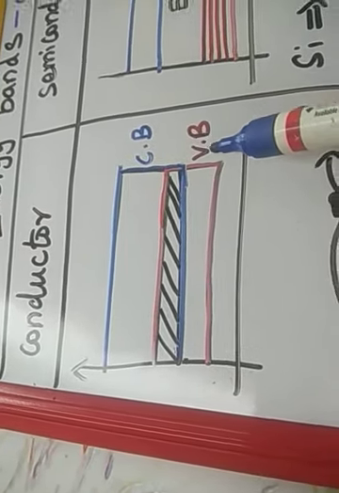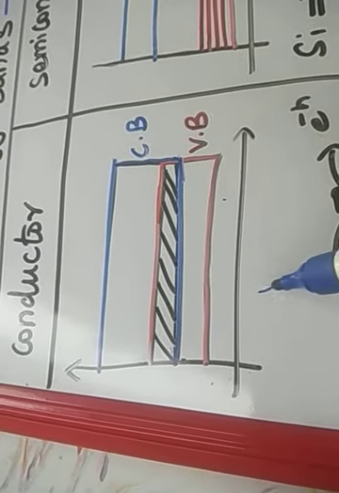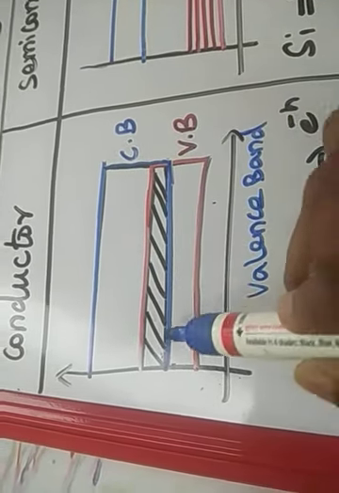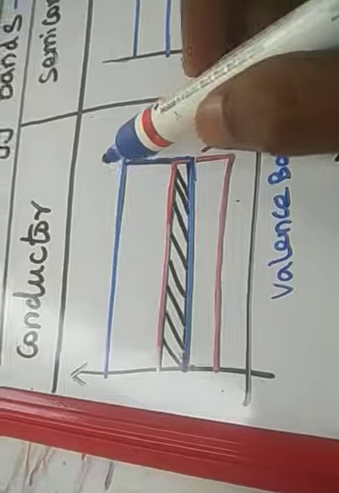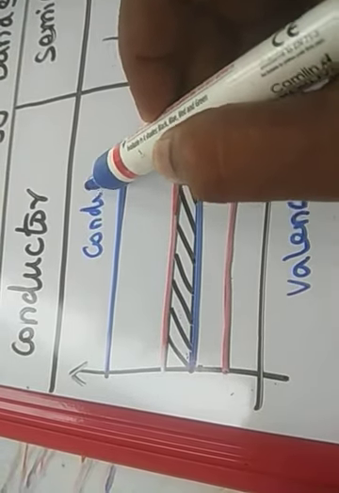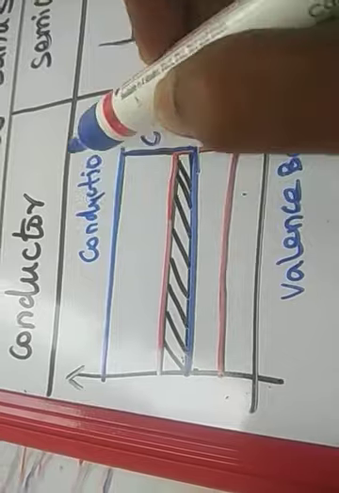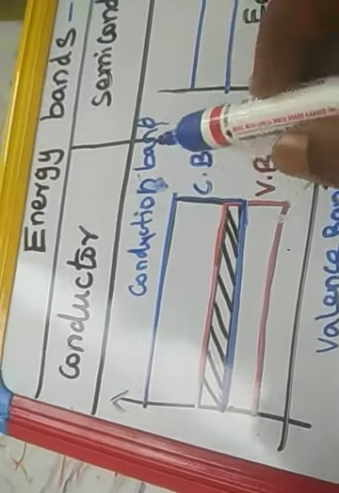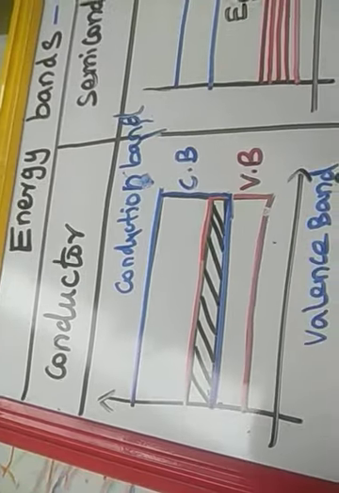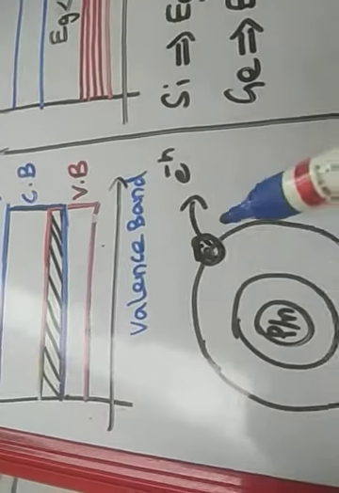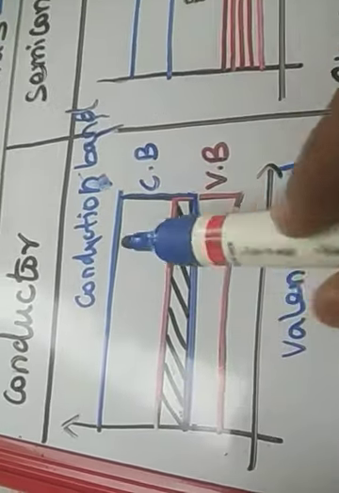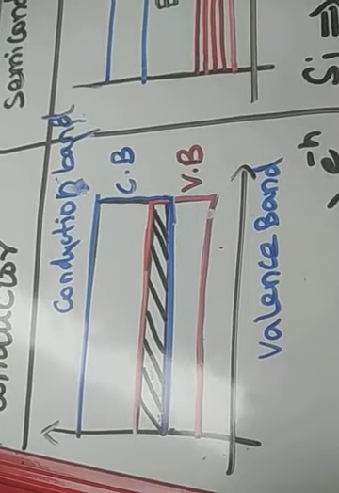So this is a valence band. VB means valence band. So the valence electrons are occupied in valence band. CB means conduction band. So it is a conduction band. That is a short form, we write it as CB. So the valence band means the valence electrons will occupy in valence band. The free electrons will occupy in conduction band. Conduction means free electron, that is a conducting electron.